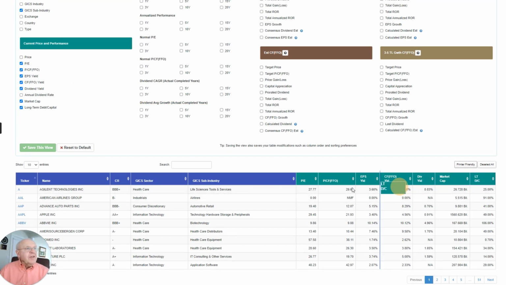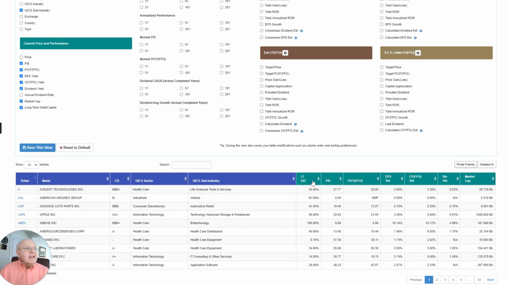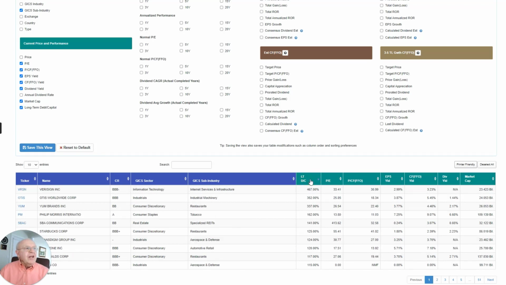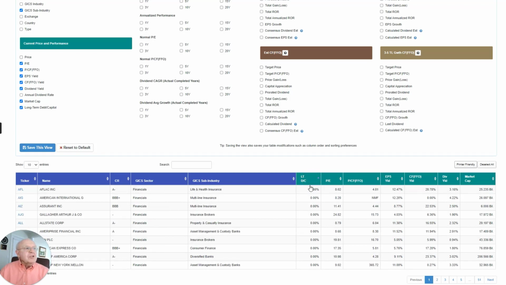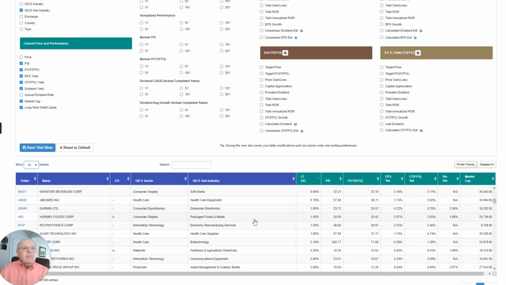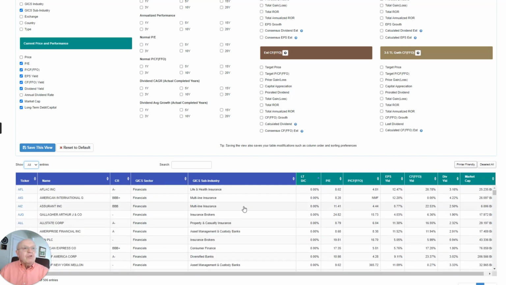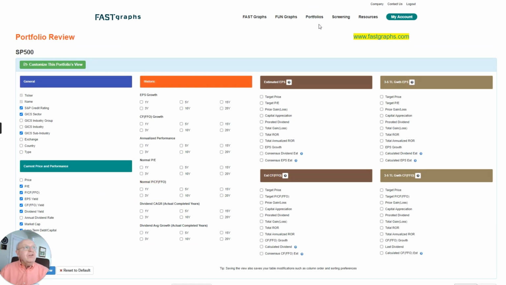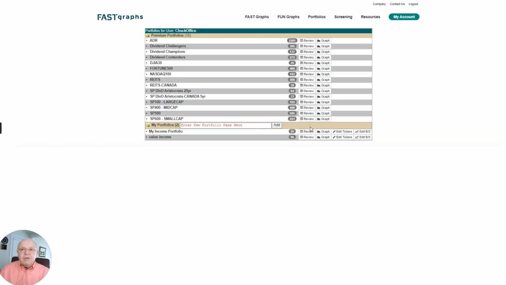But another thing I can do is I can move debt to capital. I can look at the highest to lowest debt to capital. So if I want to find companies with low debt, or even no debt, I've got that. Now, again, I can click this all button here, and this allows me to scroll through the entire S&P 500. This in its own right can be a great screening tool. I can do that with the dividend aristocrats. I can do it with the dividend champions or the dividend contenders. So I've got a lot of power in the preloaded portfolios that can actually serve as a screening